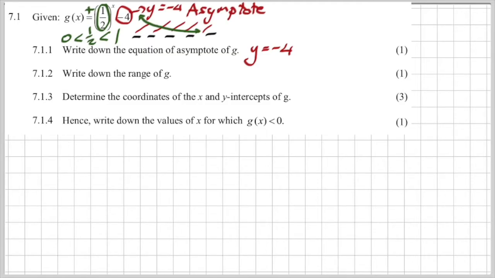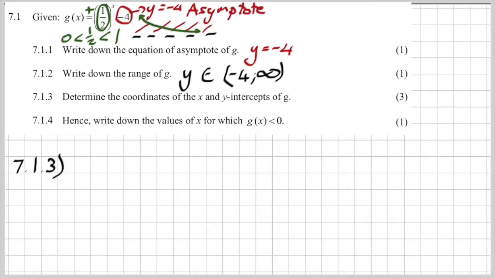7.1.2. Write down the range of g. Remember that the graph lies above my asymptote. So it's going to be from -4 to infinity, because it's above -4. Does my graph touch the asymptote? No. Does it touch infinity? Never. So it's both round brackets. Now